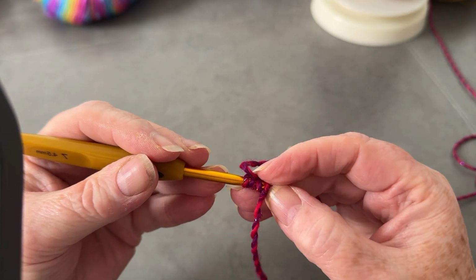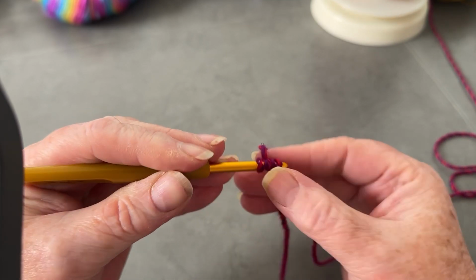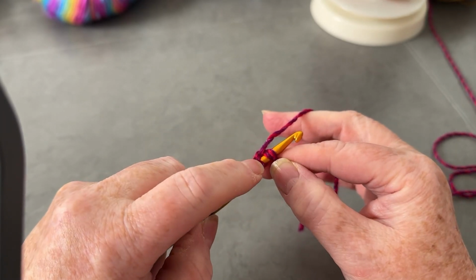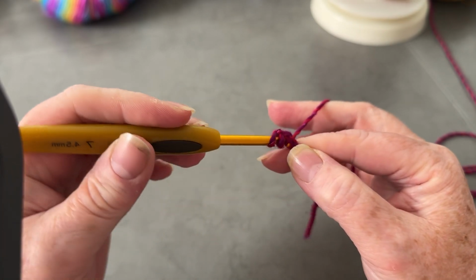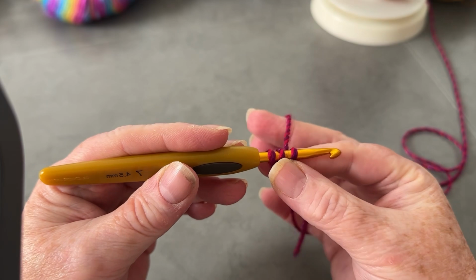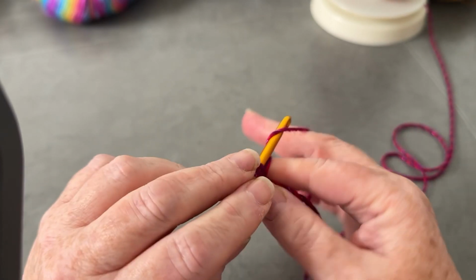It can be a little fiddly with all of them, but I'm just going to make sure that I go into the 2 loops. So there's my loop on the hook. I've yarned over and I've gone into the 2 loops. I'm going to pull up my loop, so I've got 3 on my hook. Now I'm not going to finish off my UK half treble or half double in the US